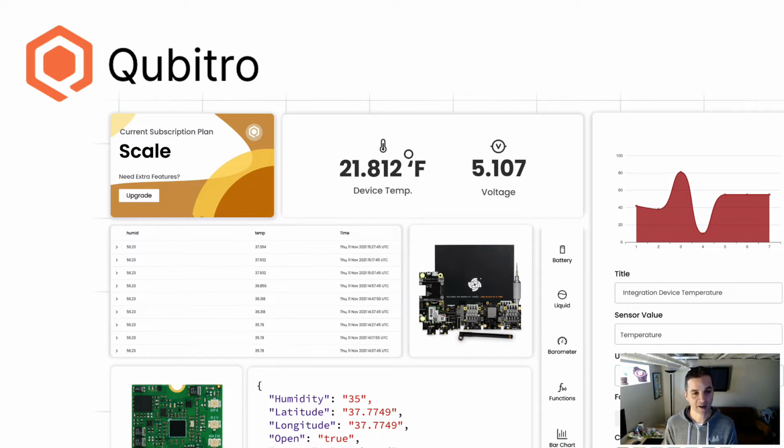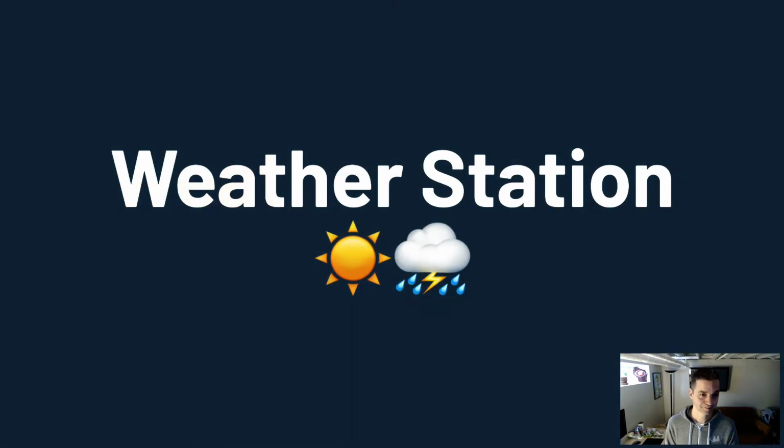Today, of course, we're talking about scaling these IoT deployments with Blues and Qubitro. I'm going to allow Beret to speak to his perspective of what value Qubitro provides. But for me, one of the reasons we invited them to present with us today is because of how easily we were able to go from using and deploying one device to multiple devices on their platform. And I think you'll see this play out to a certain extent today. So more on Qubitro a little bit later on. But first, we're going to start with the weather.